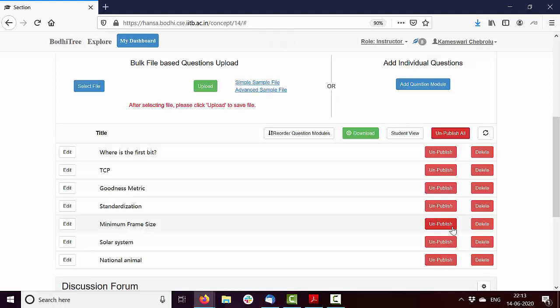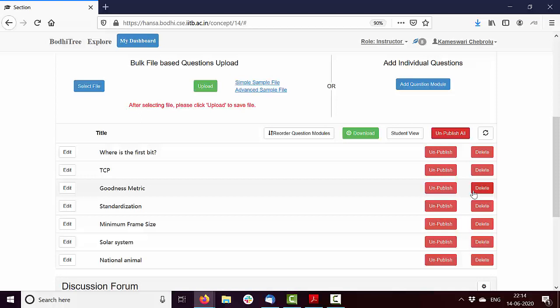So please remember that. Again, I want to reiterate, there are 3 levels of publish. One is a publish at a course level, one is a publish at a section level, and another is publish at a quiz level. Publishing at a section level does not mean the quiz is revealed. You have to publish at the quiz level as well.